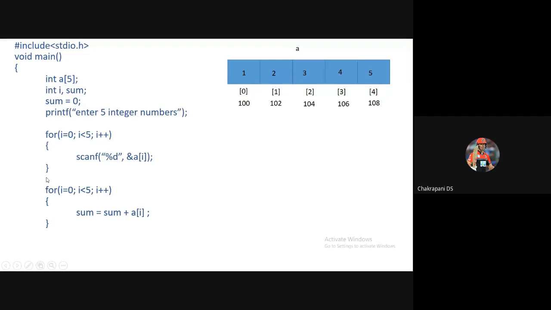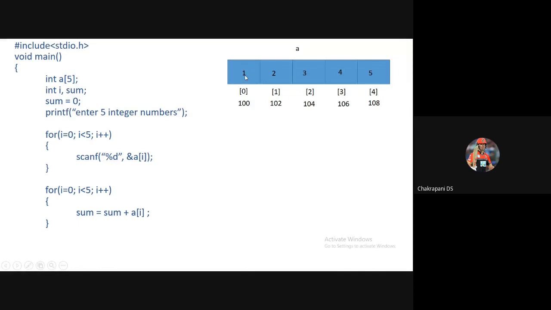See, immediately after this for loop, I'm going to write one more for loop. The only reason for writing this for loop is to find the sum of all the elements which we have read using the first for loop and stored in the array. How to find the sum? I have to pick every number from the array one by one and add that number with the previous number.